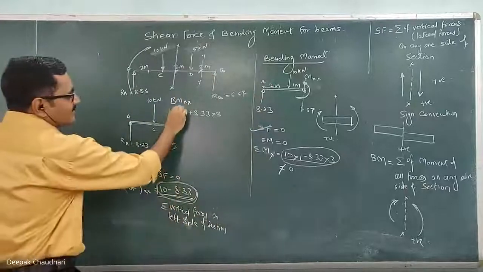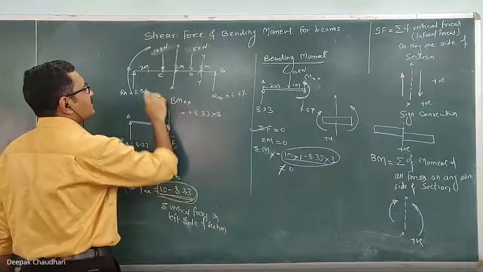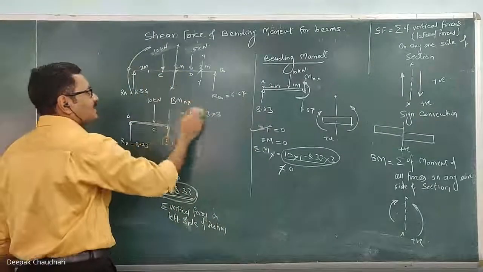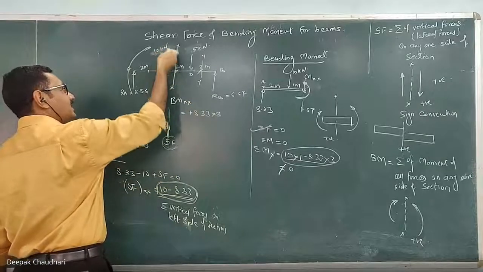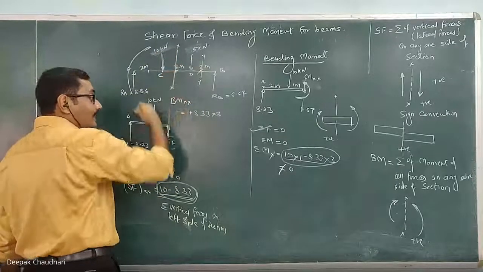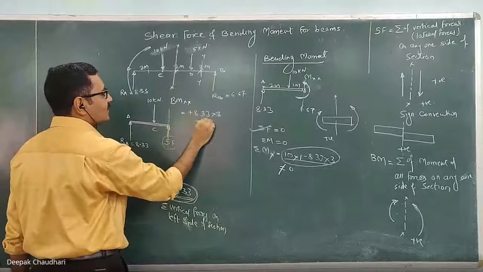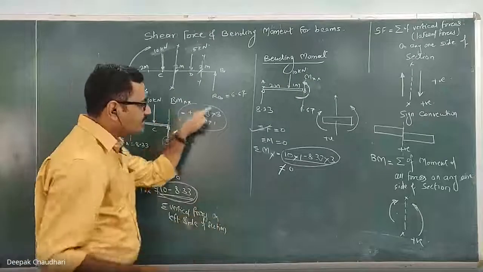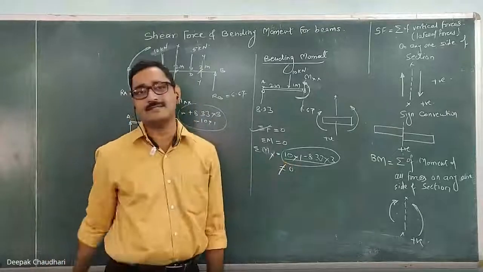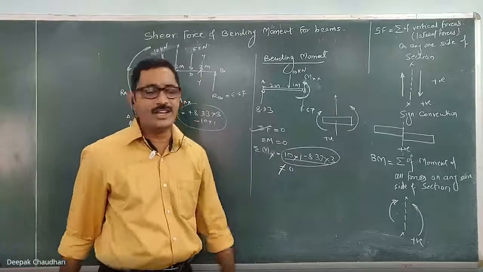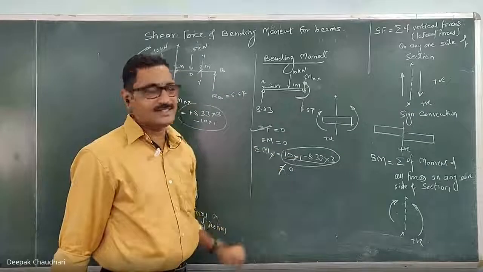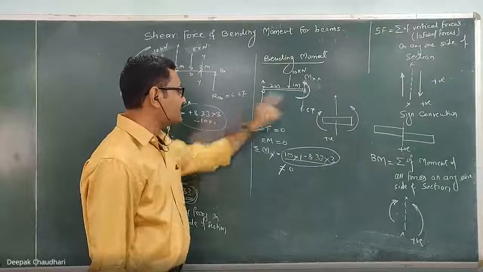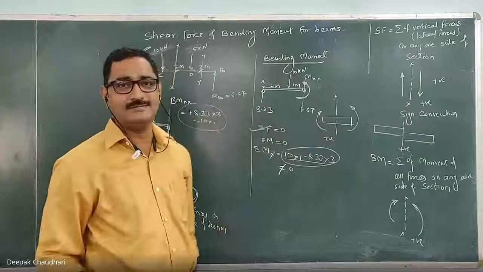Okay, clear? So this bending moment at x axis is 8.33 into x, it is clockwise on the left hand side, so it is positive, and moment of this 10 is anti-clockwise on left hand side, so anti-clockwise is negative, so it is 10 into 1. So this gives you the external applied bending moment, which is equal to the moment of resistance. This is the moment of resistance here, and this is the external applied bending moment. These two are equal and opposite.